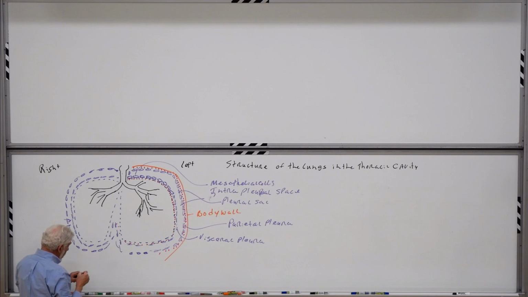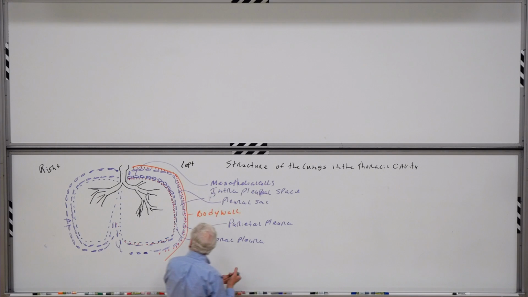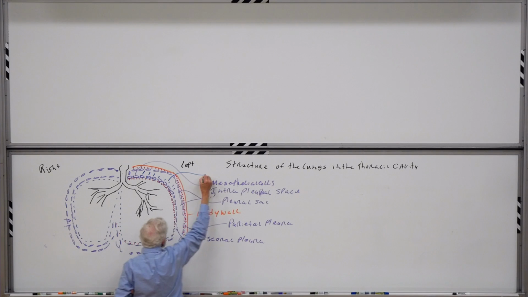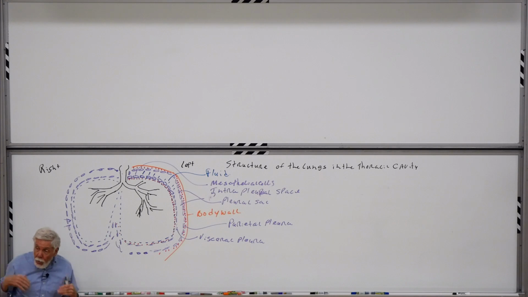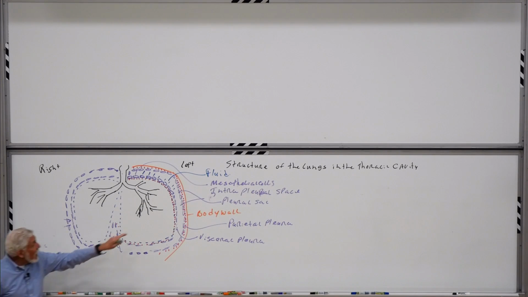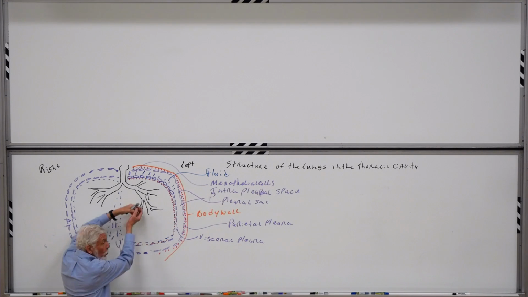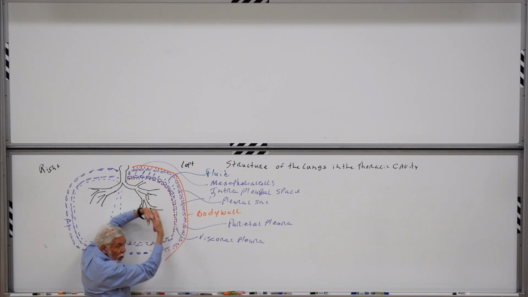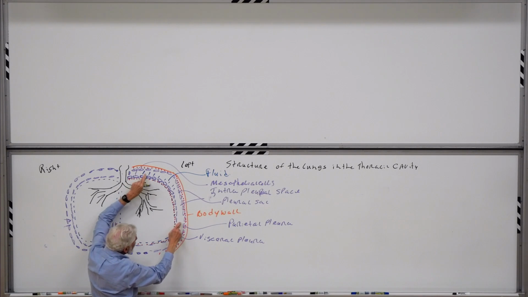Now, a couple words here on the pleural sac. The pleural sac is filled with fluid, just as we saw with the pericardial sac. And just as with the pericardial sac, where the fluid acts as a kind of lubricant, again, this fluid acts as a kind of lubricant. Because remember, every day of our lives, we're breathing in and breathing out. And that means this lung has to slip along the body wall structure. And so it slips along the body wall structure back and forth because of the lubrication provided by the fluid